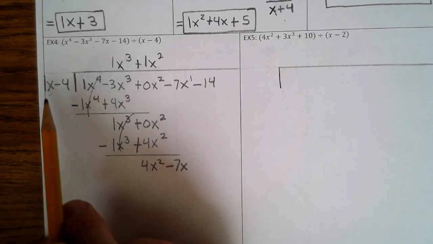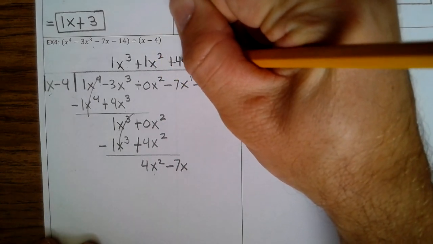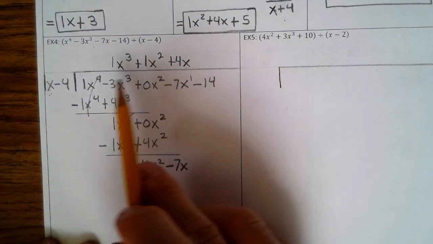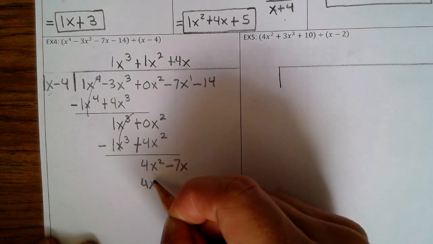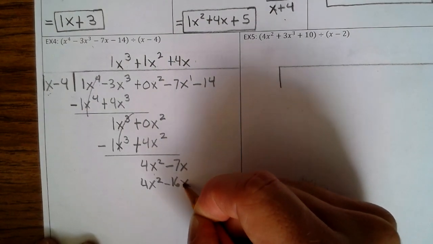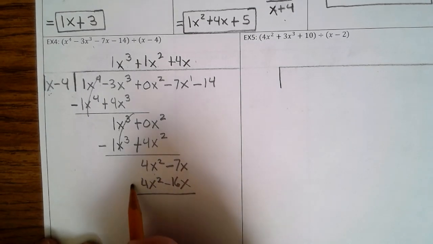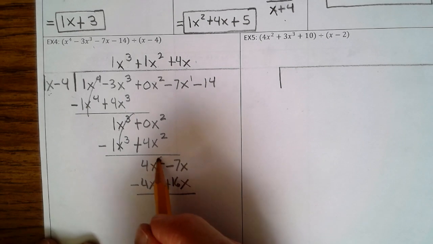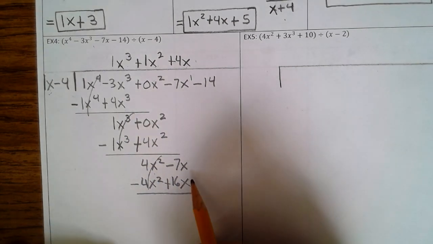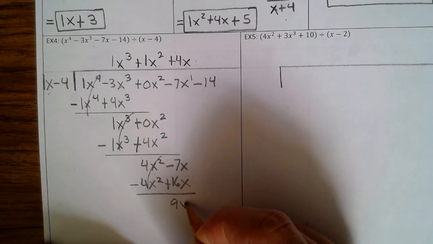Now you ask yourself, what do you multiply 1x by to give you 4x squared? The answer to that is 4x. So 4x times 1x is 4x squared. 4x times negative 4 is negative 16x. Subtract, but when you subtract the negative, it becomes positive. Those cancel. So negative 7 and 16 is 9x. Bring down the minus